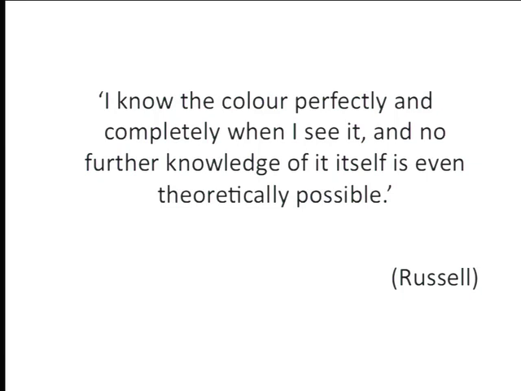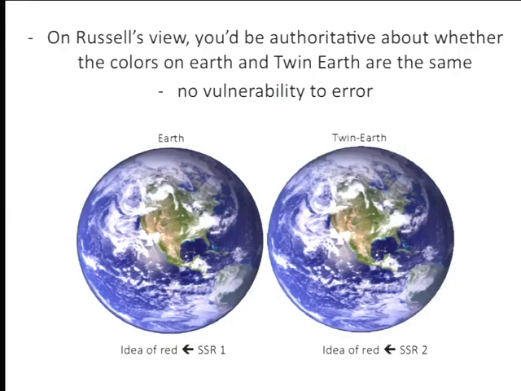But that's knowledge of truths about the colour. Knowledge of what the colour itself is when you encounter it in experience. There's some sense in which that's comprehensive. There is nothing more to know about which colour red is than you have just by looking at something red. That's what he's saying. I know the colour perfectly and completely when I see it, and no further knowledge of it itself is even theoretically possible. Now, if that picture's right, then you couldn't have a twin earth scenario the way I was describing,